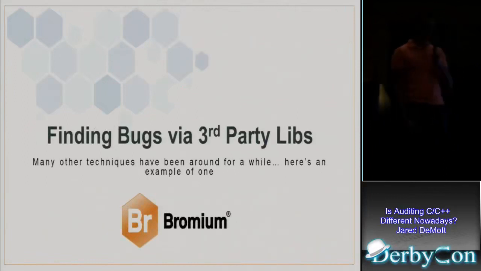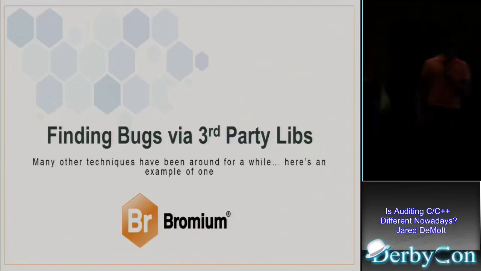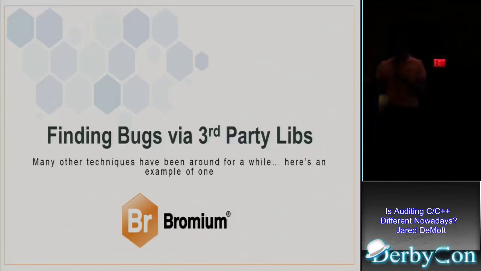Well, what are some of the techniques? There are all different kinds of things I could talk about. We could talk about hunting for certain types of bugs, or fuzzing, or all different ways to find bugs. But one of the popular ways to find bugs out there is by using third-party libraries and differencing. This could be some sort of patch differencing, or, in this case, we're going to look at code instead of binary.